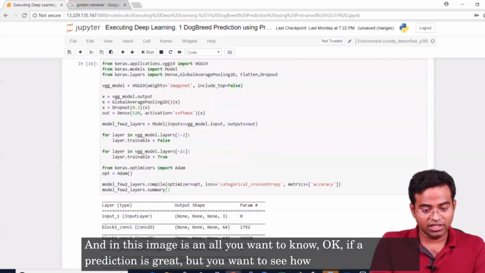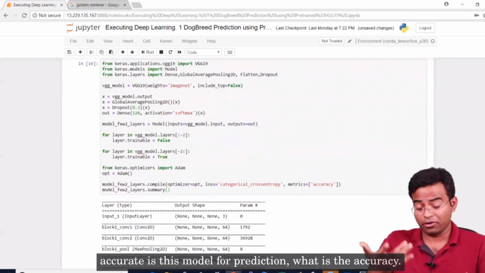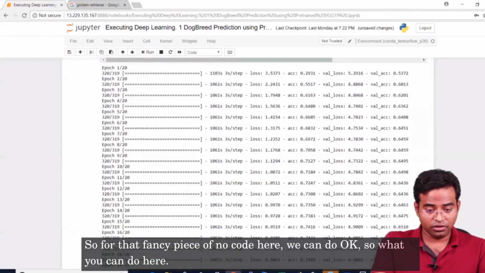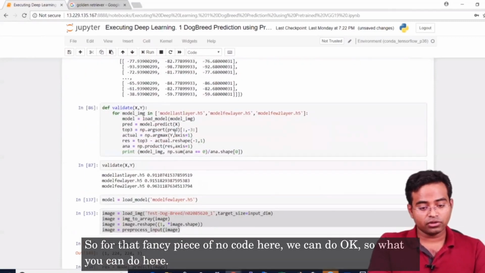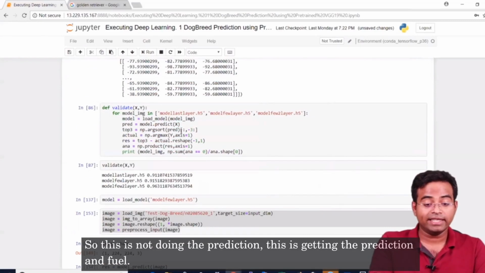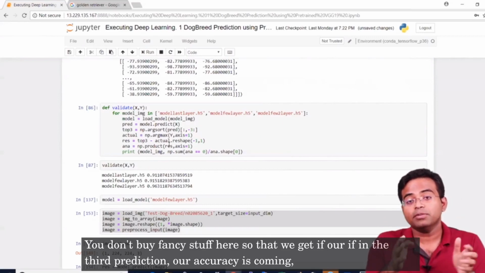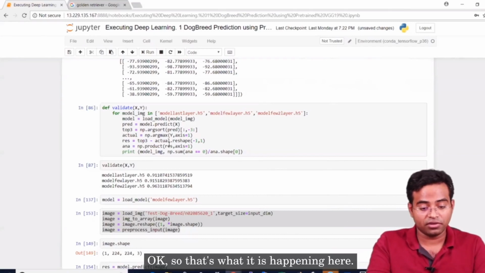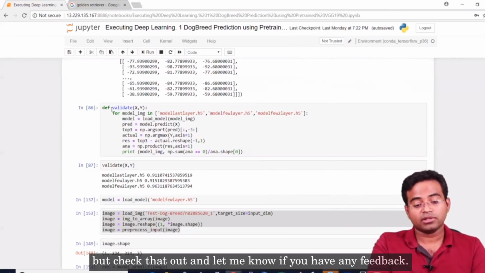Okay, and in these images, first prediction is great, but you want to see how accurate this model is till the third prediction. What is the accuracy? For that, we can do a fancy piece of NumPy code here. This is doing the prediction, this is getting till the third prediction, and a few NumPy fancy things here so that we get whether in the third prediction our accuracy is coming correct or not. Based on that it is giving you the accuracies. Okay, the code will be available in the link, but you can check that out,